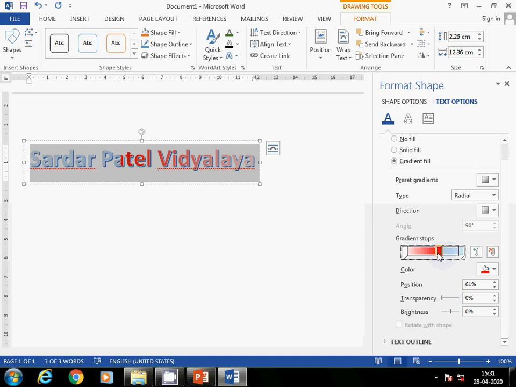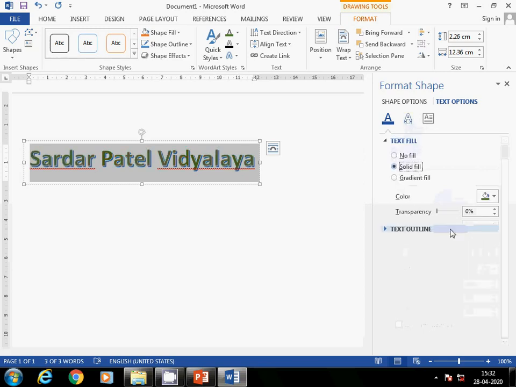So here you can change it. The degree is given as 90 degrees. These are different options. You can pick your favorite color and you can apply whatever you want. So these are available for shape. If solid color is required, you can pick any solid color.